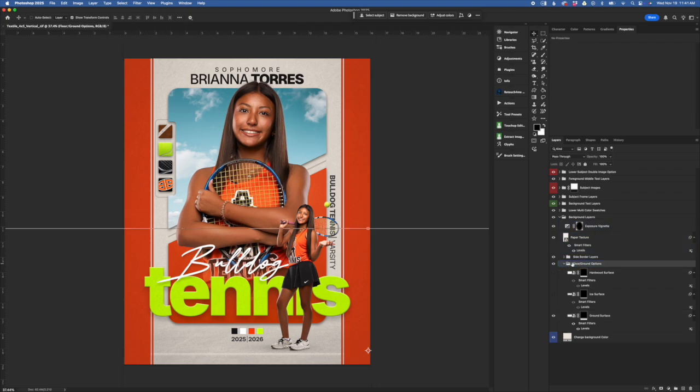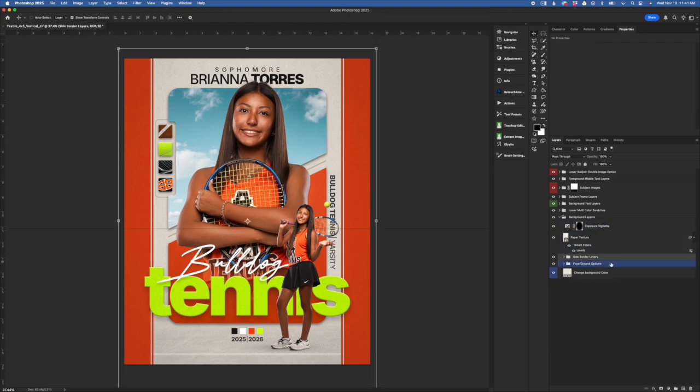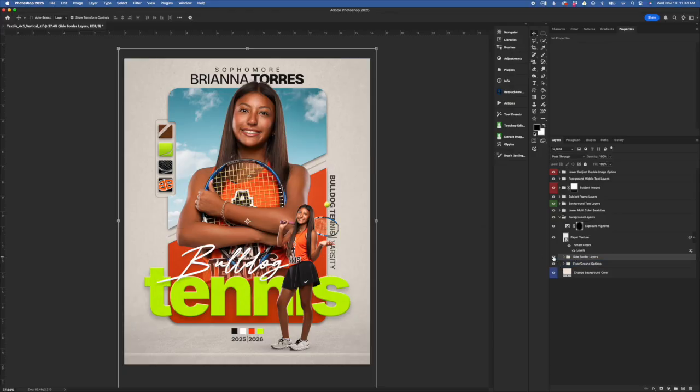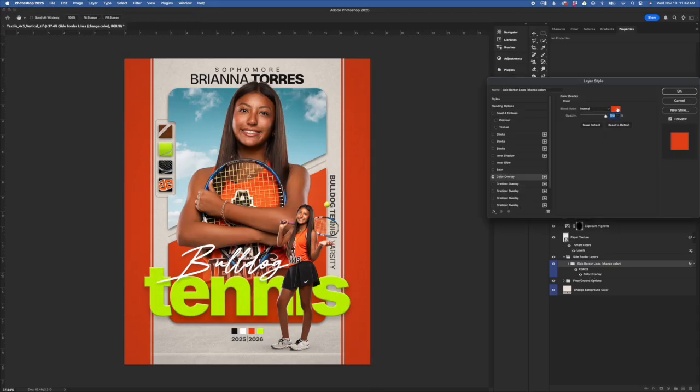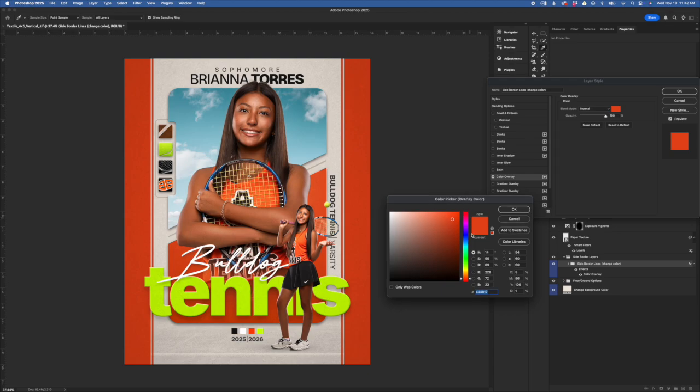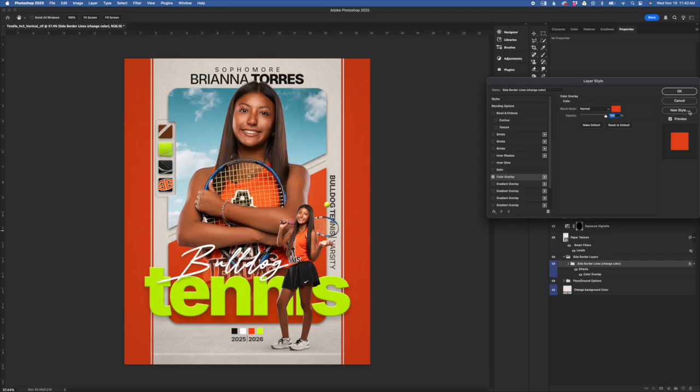All right, let's keep it moving here. We've got our next layer folder, which is our side border layers. So if I turn that off, you can see it's these border shapes. So let's look at that real quick. I try to make it easy for you. So I have a subfolder within the folder, and it has a color overlay. So if you want all of these border layers to be the same color, all you have to do is click on this color overlay, click on this little swatch here, get your color picker. We already talked about this, but you can just pick a color and it will blanket apply